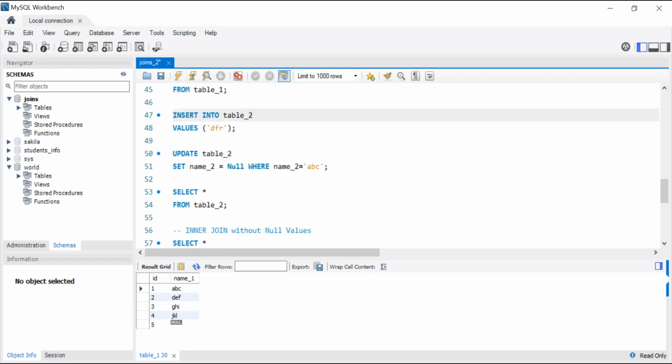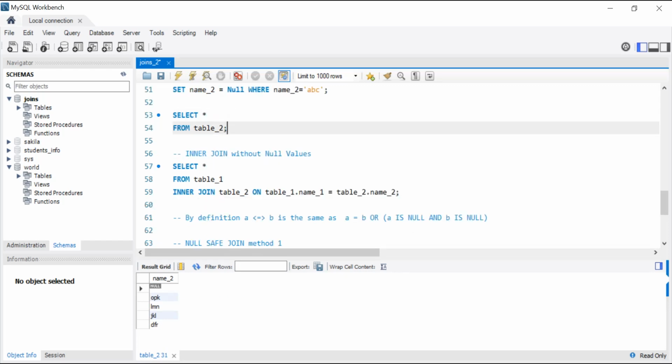So the first row where name2 equals abc, we are going to put a null value. So if we select all from table 2, we'll get the following. So we'll have 2 tables, each one has one null value. Now if we use the default inner join with an equal operator, so we select all from table 1,